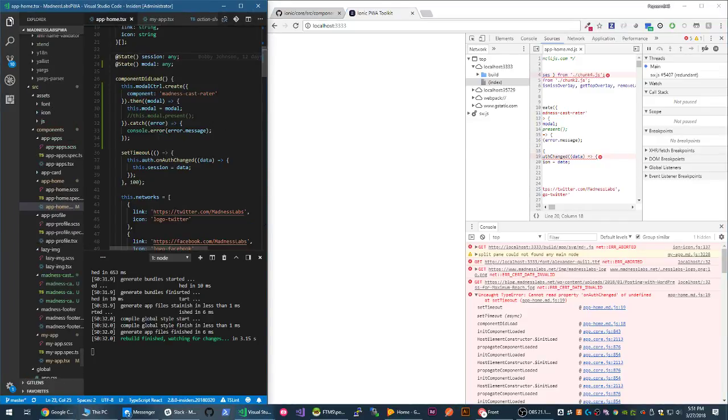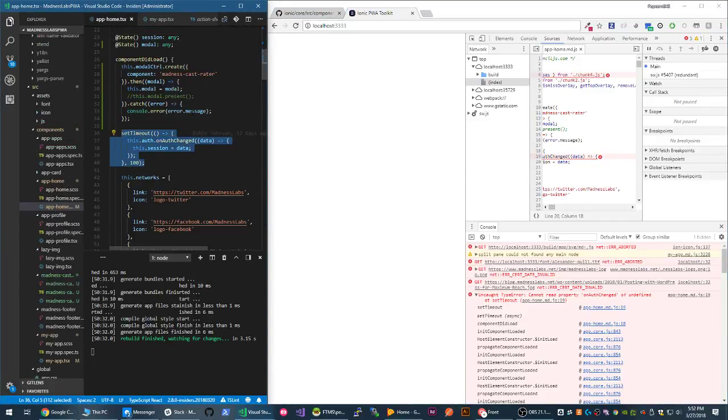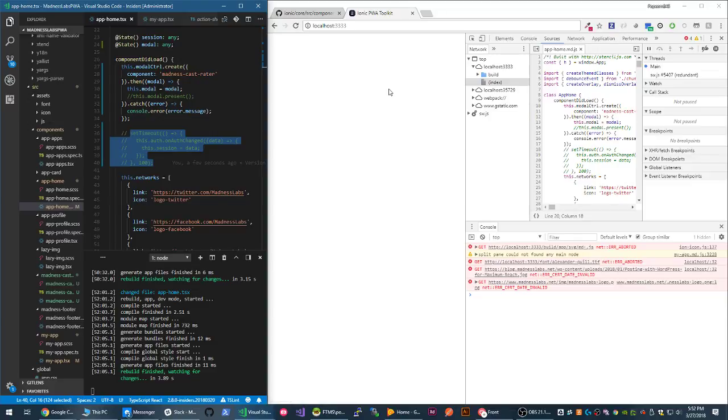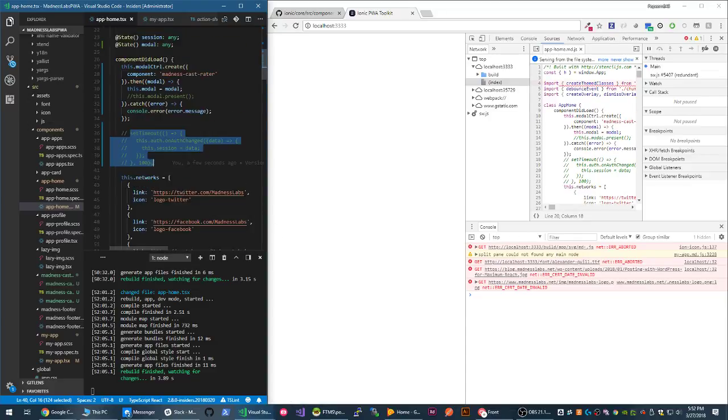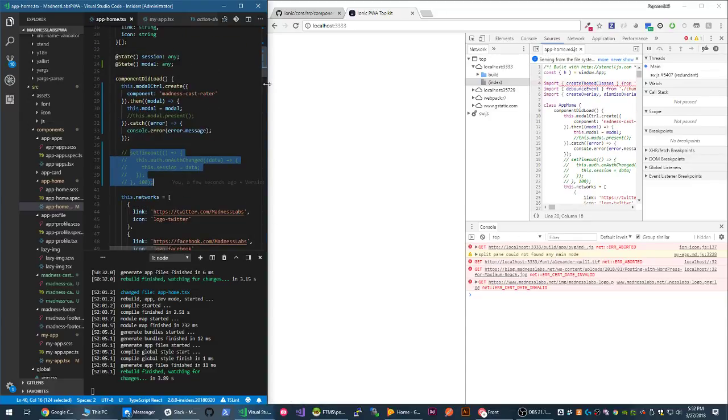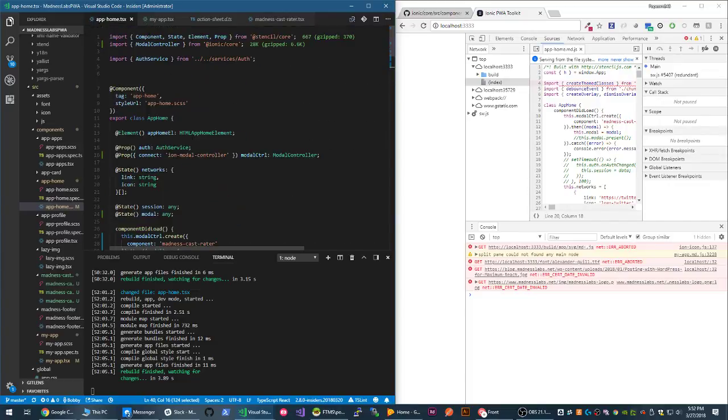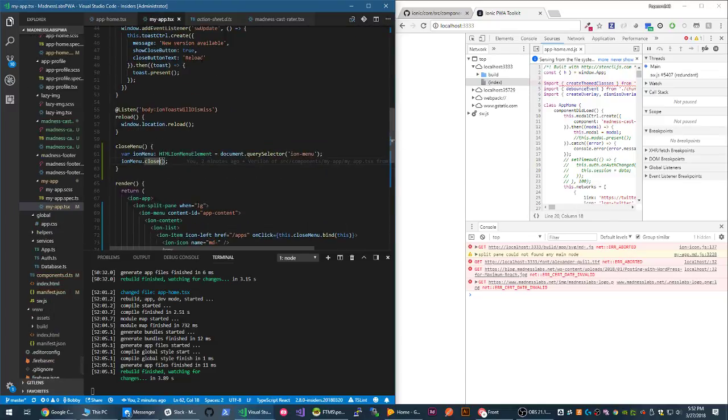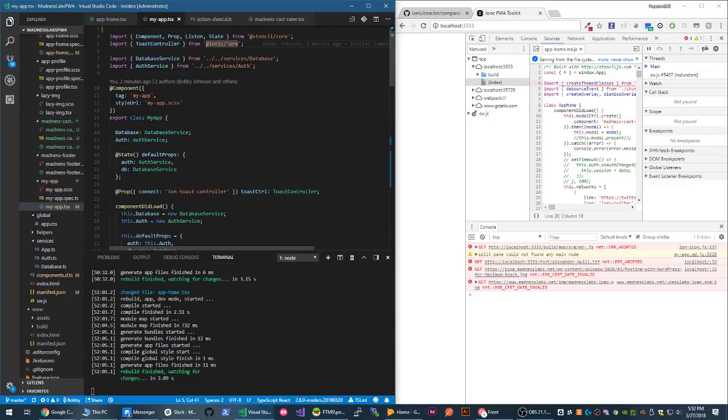So let's go in our app home and let's just temporarily disable this guy. See if that doesn't fix it. It doesn't. It doesn't because it doesn't like us. Okay, so let me see if I can see any differences in how we're doing this. It might be the structure of our my home